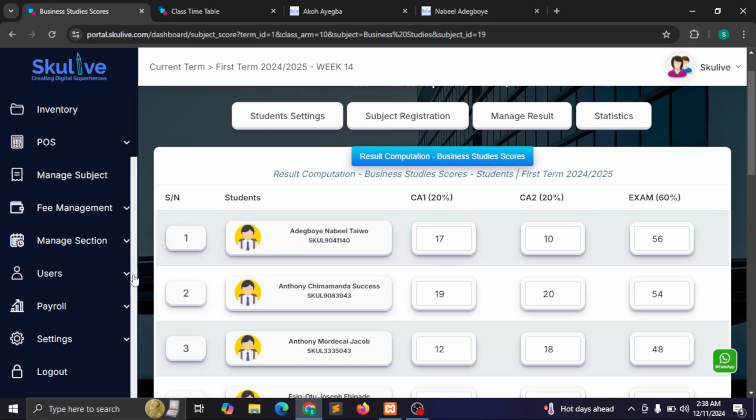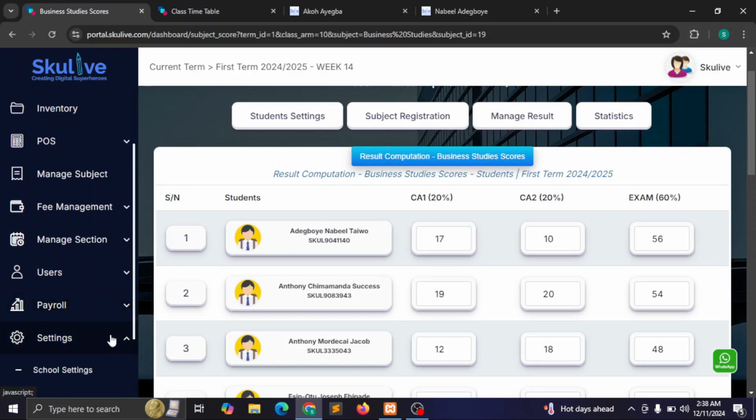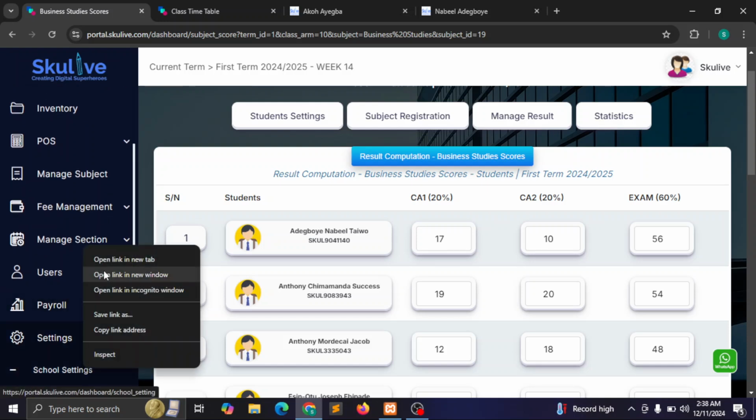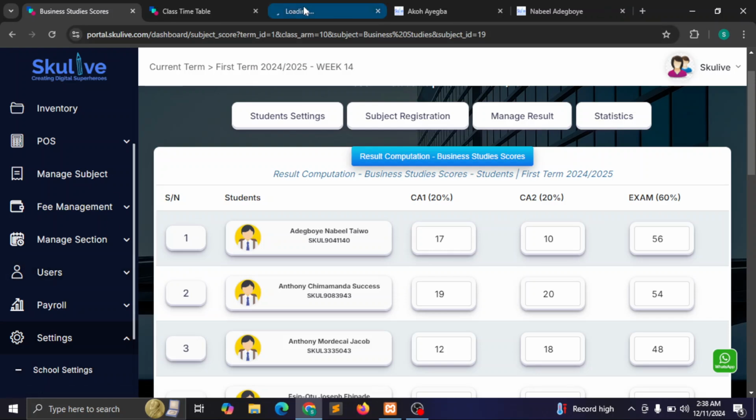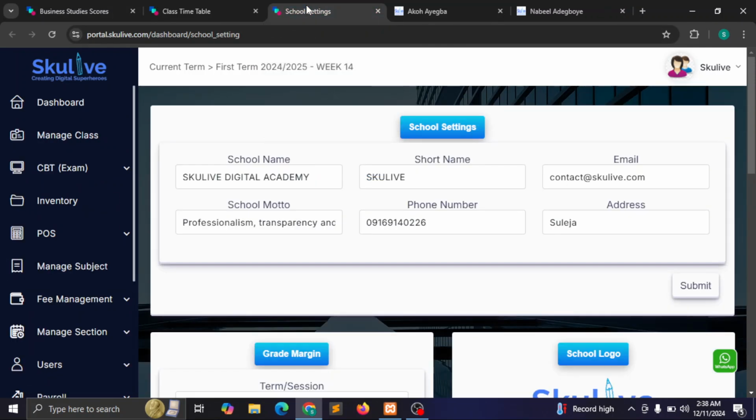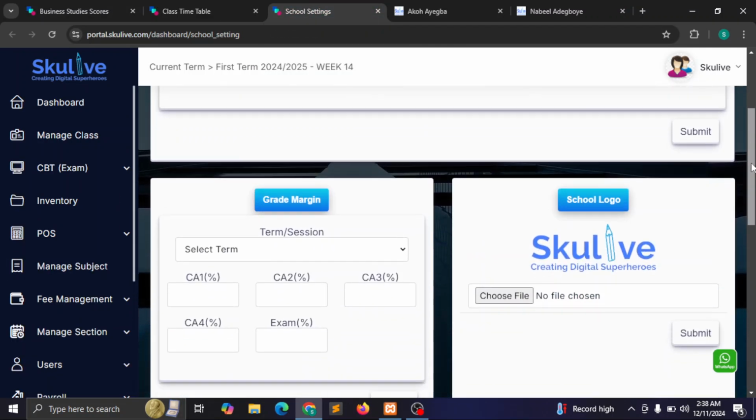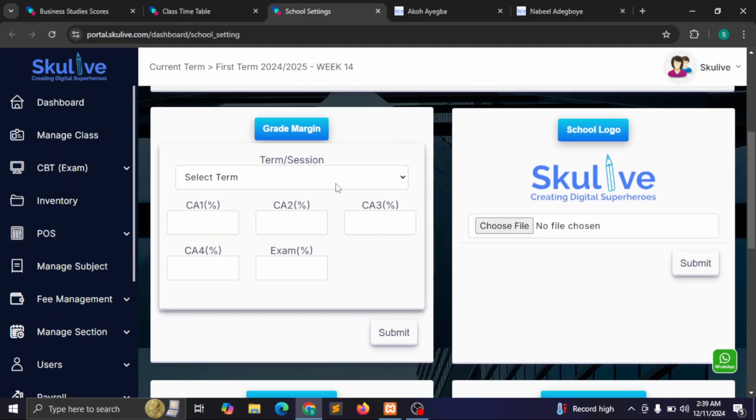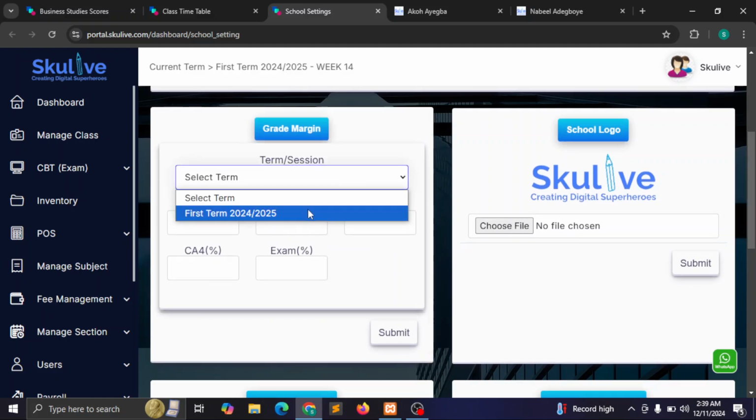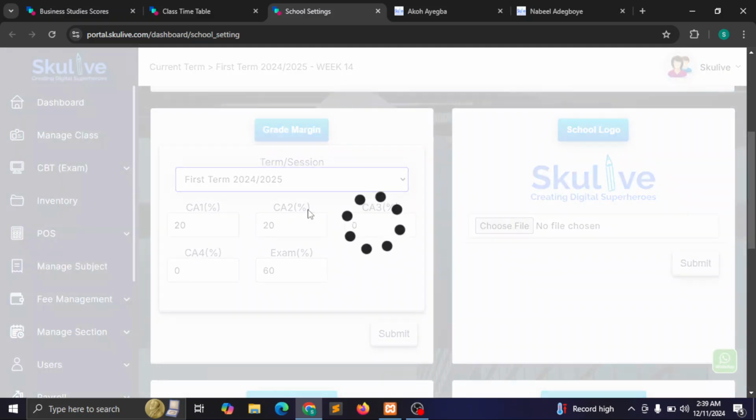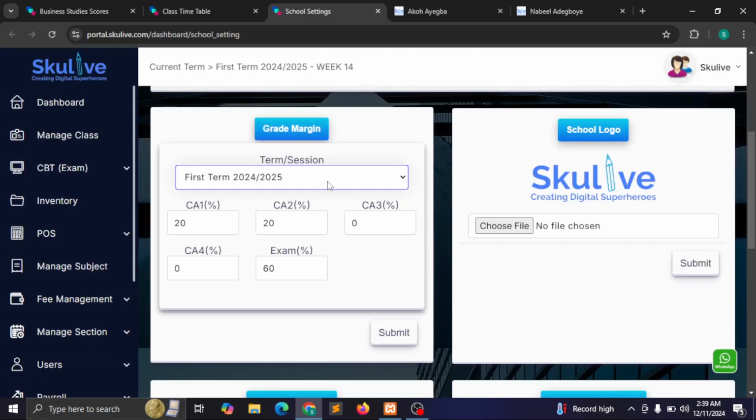So all we need to do is go to the settings, go to school settings. So I'm going to open this in a new tab. So once we open the school settings, scroll down and we see grade margin. So you select per term, you can adjust your grade margin per term. So you select the term and you see for first term 2024/2025, we have first CA, second CA. So for us to add a third CA, all we need to do is add a figure here and we adjust. So once we click on submit,